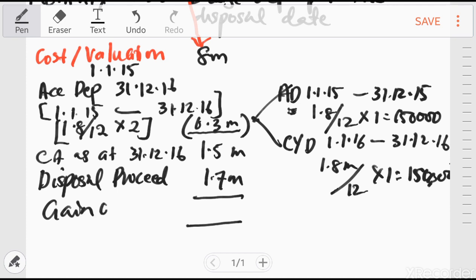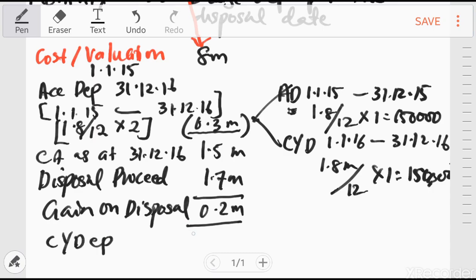Actually, the information on gain or loss or the disposal proceed is not really the issue if you prepare movement of PPE. But in this question, the requirement is to calculate either gain or loss. So our gain is 0.2 million. So we are actually done with the calculation part. But since I'm going to show you the movement of PPE, I will also support this with a note to the account, as well as before that